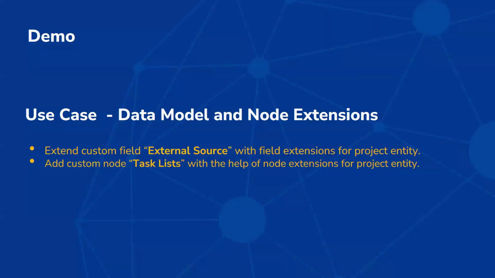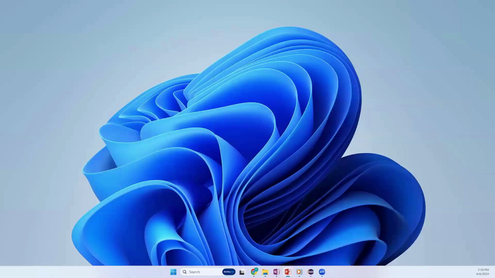So the first use case which I'm going to show you is data model and node extensions. As I mentioned in the previous slide, I wanted to add a custom field external source to the project entity, the root entity. And I also need to add a new child called task list for the project entity. So since it is a code-based demo, I have a video, maybe I can,